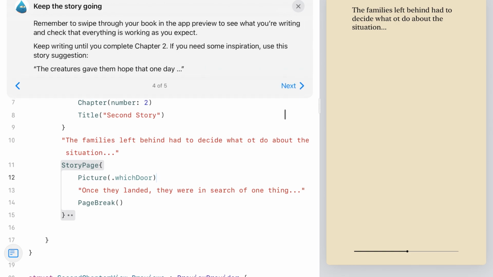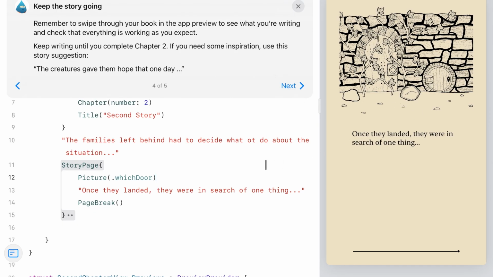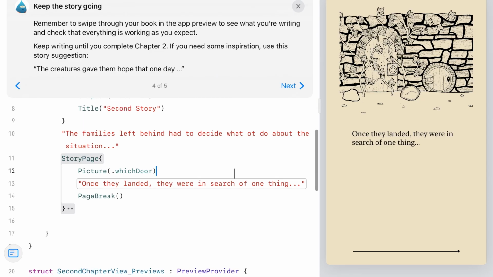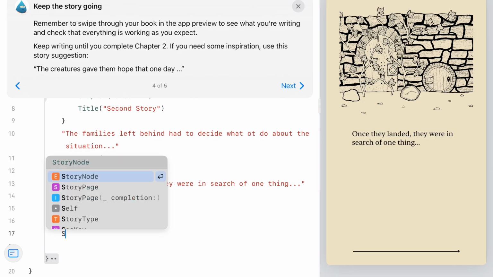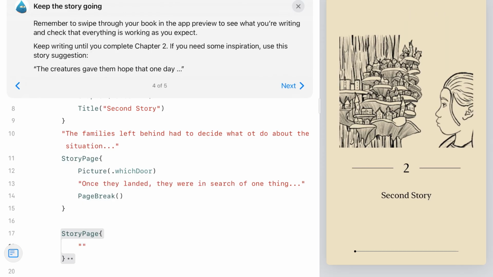Swipe through the preview of chapter 1 to check your story. Keep writing until chapter 2 feels complete. Here's an extra idea if you need inspiration. So I'm going to again write story page. The creators gave them hope that one day